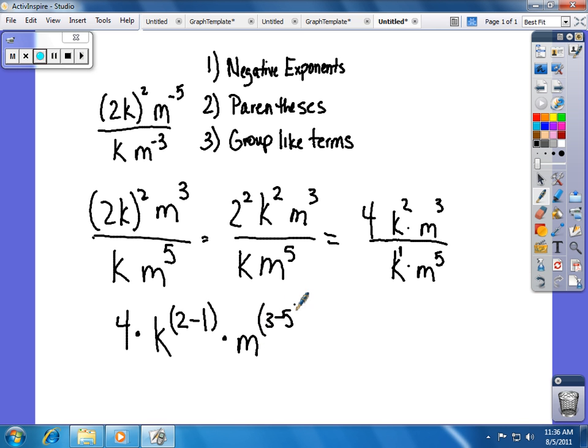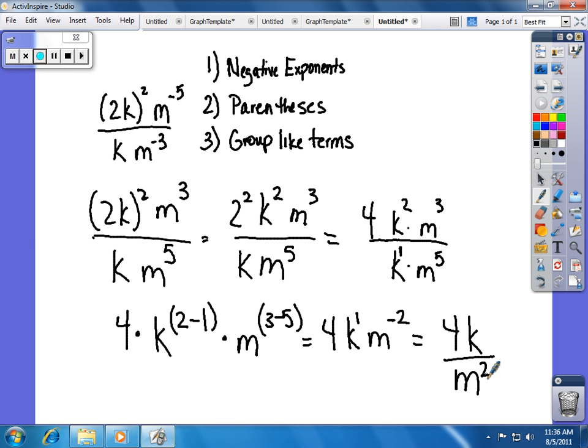Okay, so if I work all this out, I now have 4 times k to the first times m to the negative 2. And again, I'm going to apply my negative exponent rule. You should never have a negative exponent in your answer. We'll have 4k. I'm going to leave the 1 off because it's unnecessary, because k to the 1 is just k. So, and then this m squared,